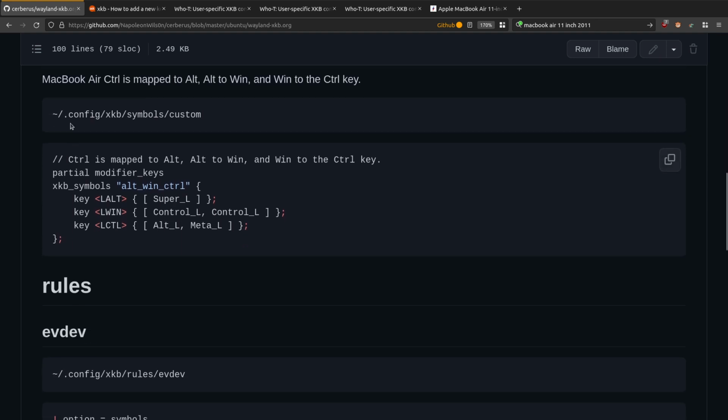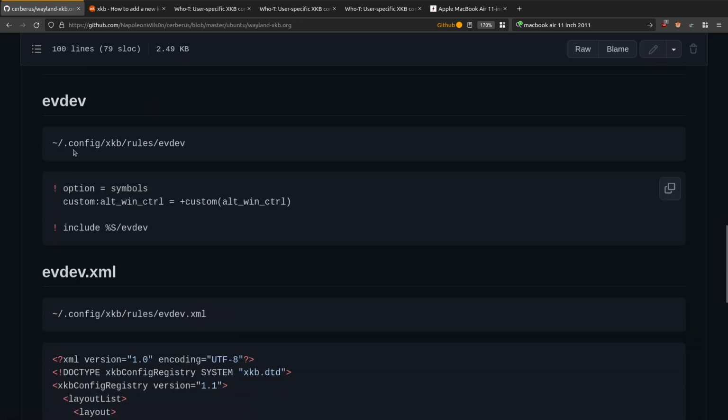And this is the config that I've got set up in .config XKB symbols custom, where we have this thing called XKB symbols and we give it a name. So this is alt_win control. Then we've got the keys. So left alt is going to be super L, left win control L, and left control is going to be alt and meta. Then we've got the rules. .config XKB rules evdev and symbols, and again we've got this custom alt_win control equals plus custom alt_win control, include